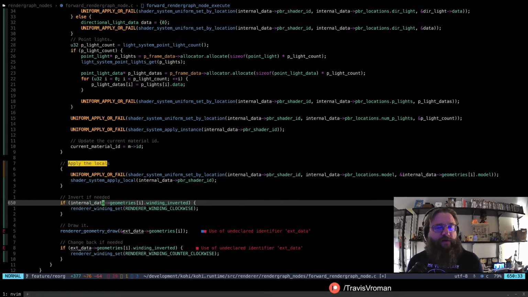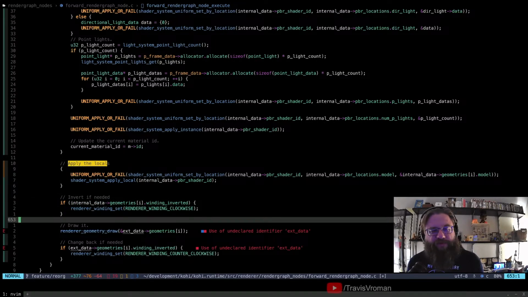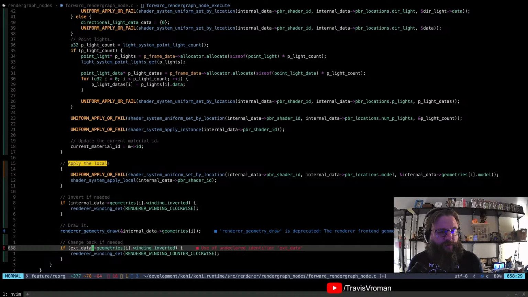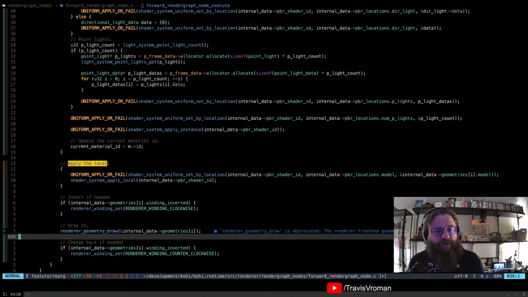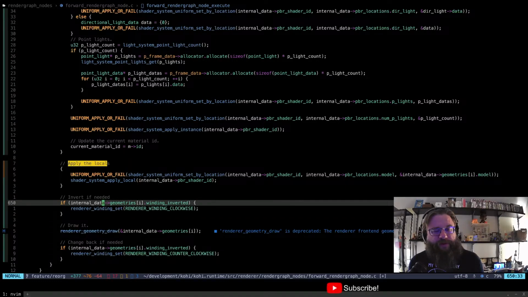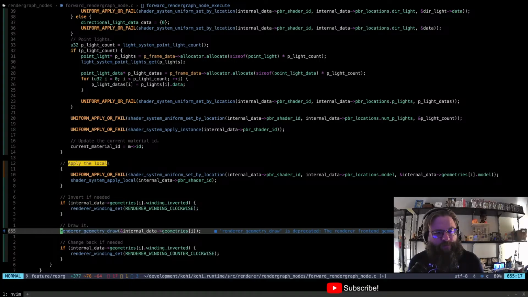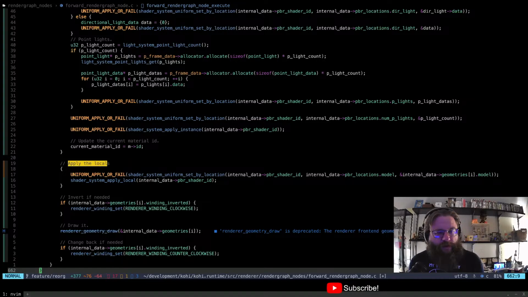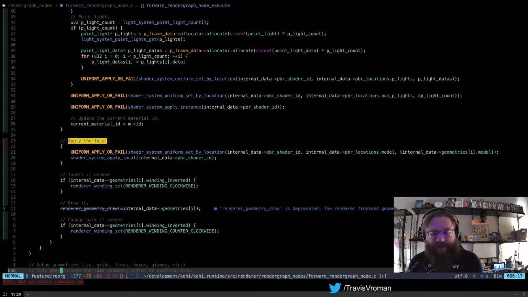Internal data geometries, right? So we do account for that. Internal data, need that, and this should also be that. So what we essentially do is we invert the winding if needed, draw it, and then if it was inverted, set it back. So that's that.